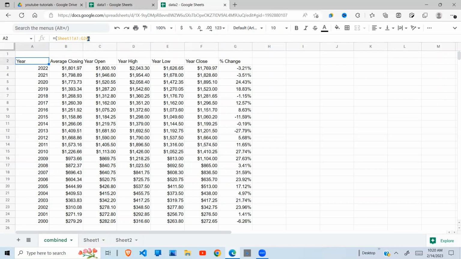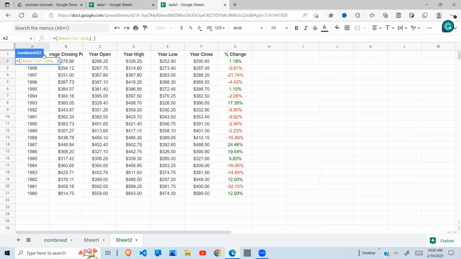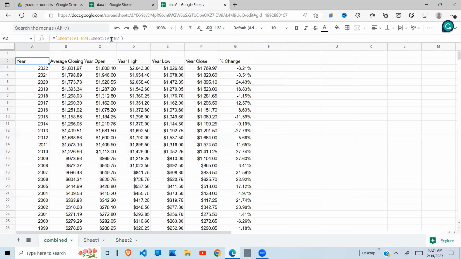If I want to bring the other information from 1980 to 1999, all I have to do is put a semicolon here and then go to sheet 2. I'm not going to bring the headers because I already have my headers from my first sheet. So I'm going to pick this. I realized I've left out row 2. I can type it there, press enter,